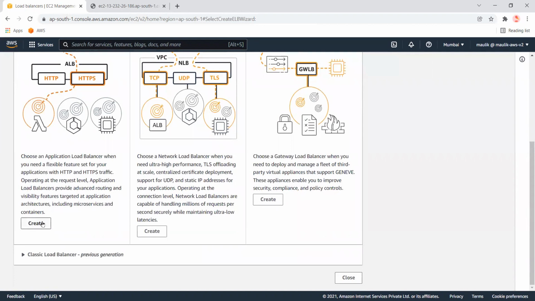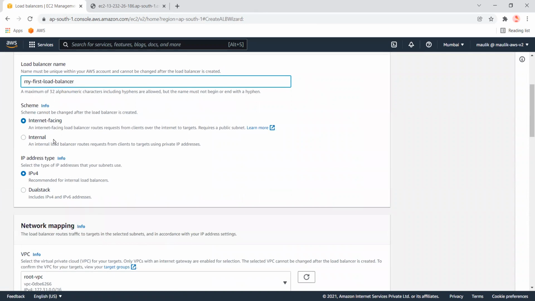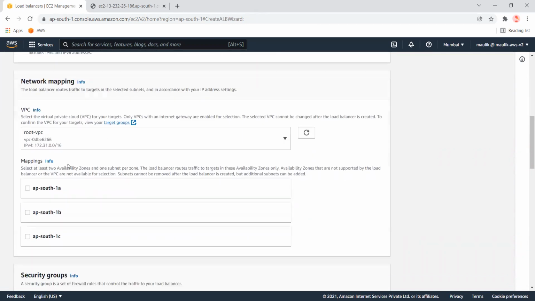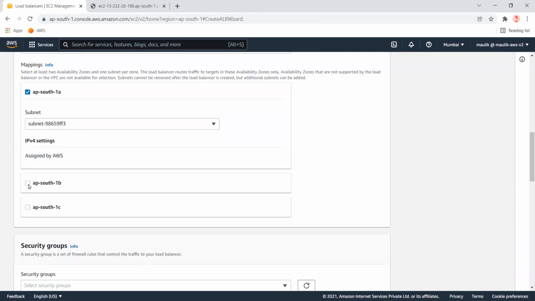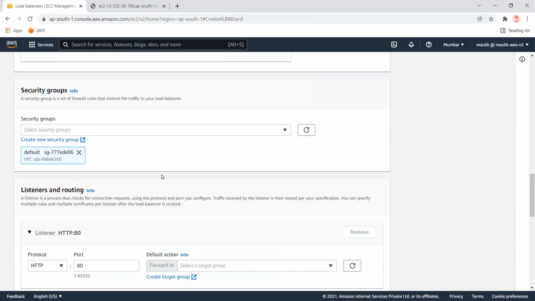So let's create the application load balancer. These are the default options, so let's keep them as they are. Here it allows us to select the subnets and regions in which we want to launch the load balancer.